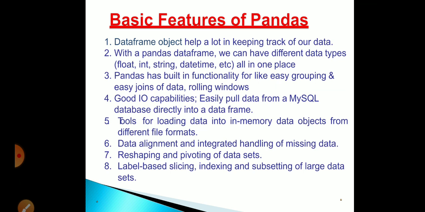Next, like in a file you have made 4 columns, like roll number is there, class is there, marks is there, date is there. So date is which type of data type? Date type. Next, in class you might use string. Next, name is there, in name you can use string. Next, marks are there, you can use int there, and float also can be used. So all these things can be categorized in a single place.